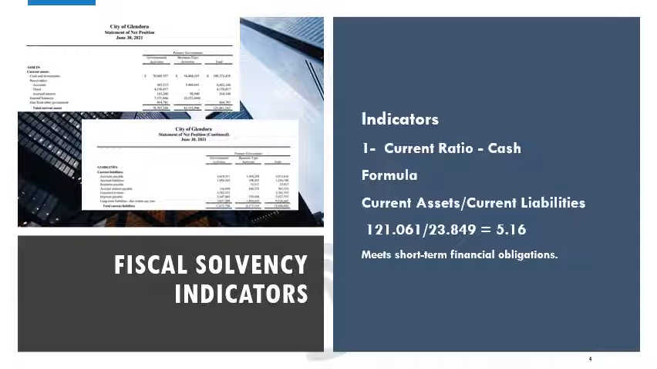So the first one I used was to help me understand the cash, which is the current ratio. This is taking current assets and dividing them by the current liabilities. As you can see on the far left-hand corner, the current assets are $21.1 million divided by the current liabilities, which is $23.8 million, which comes to 5.16, which shows that because it's positive, the city meets its short-term